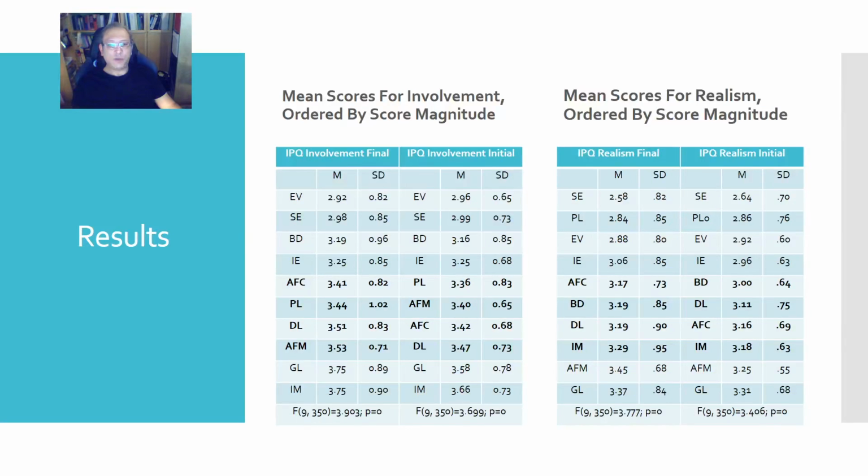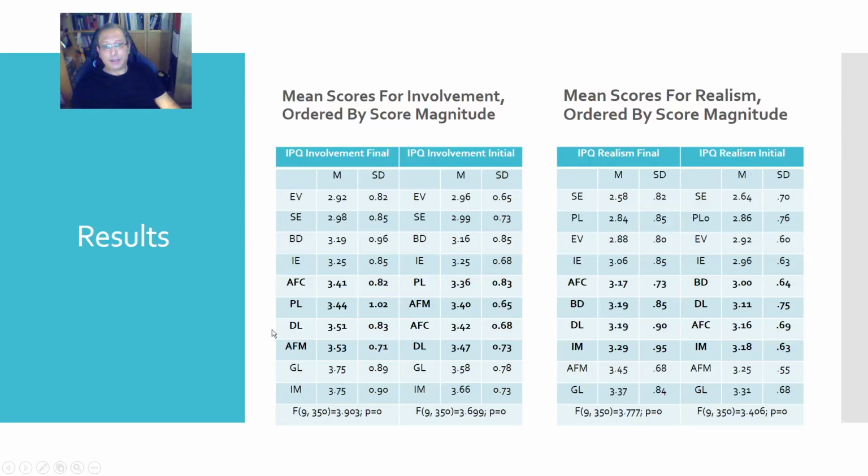The least involving 4 games are the same, and the most involving 2 games are the same on these tables. However, the order is not the same for these 4 games.